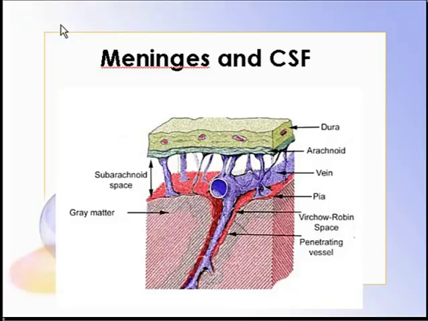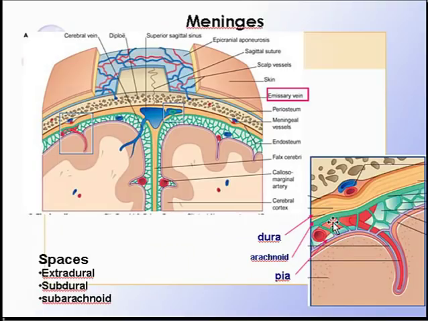This is the second part of the introductory lecture, and I'm going to be doing meninges and cerebrospinal fluid. Now let's look at the layers which surround the brain and the spinal cord, and these protective layers are known